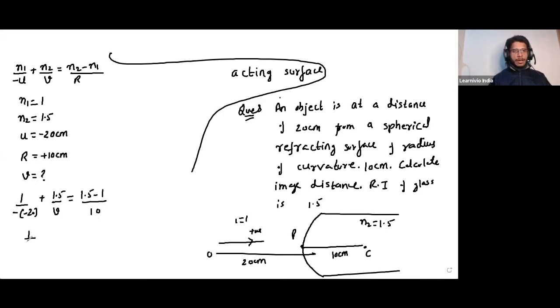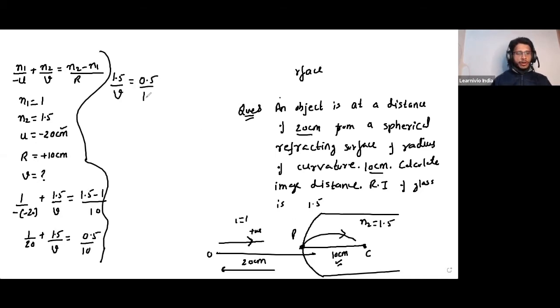So it's 0.5 divided by 10, minus 1 by 20. So 1.5 by v is 1 minus 1,